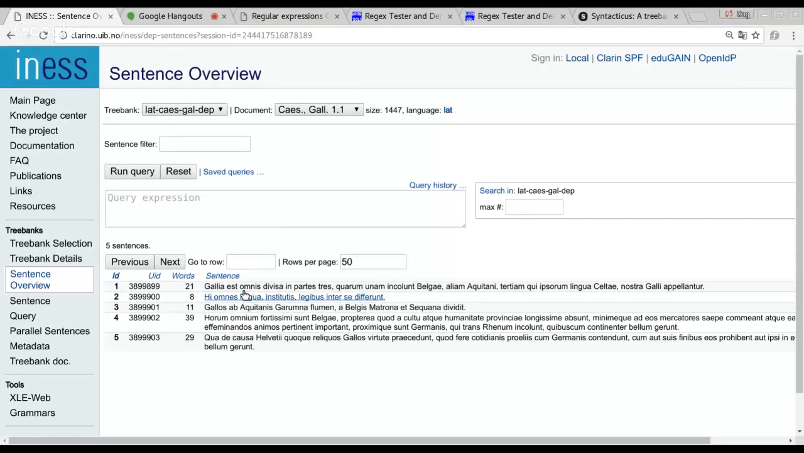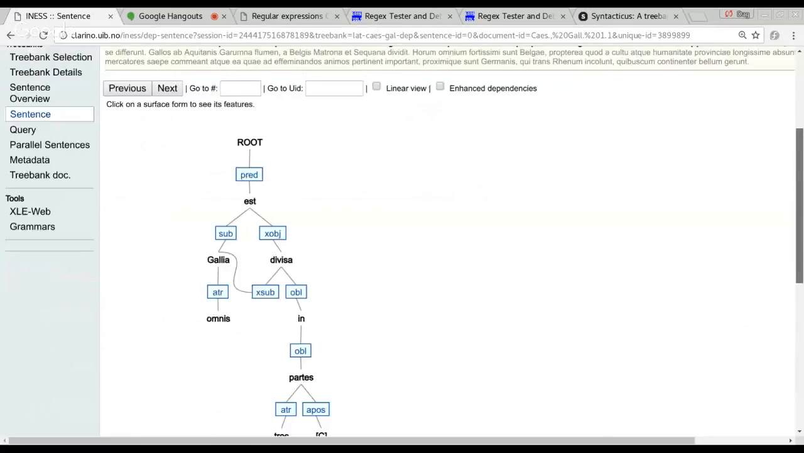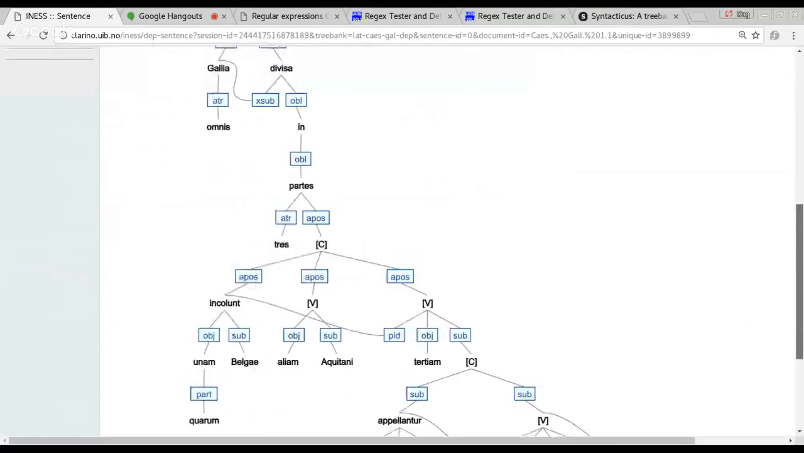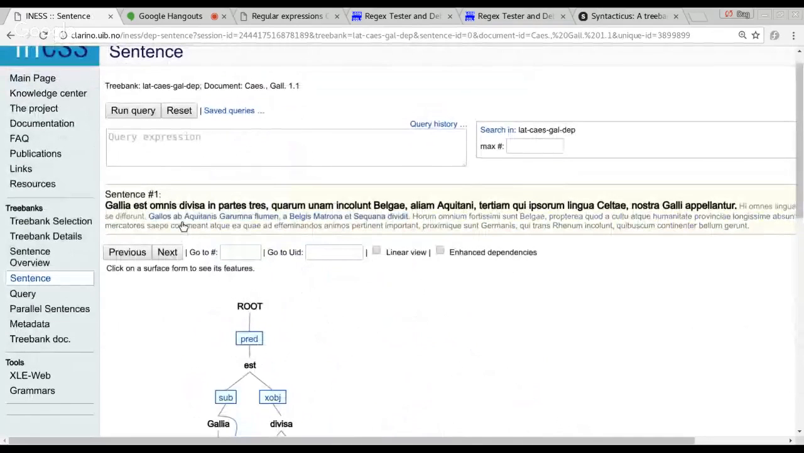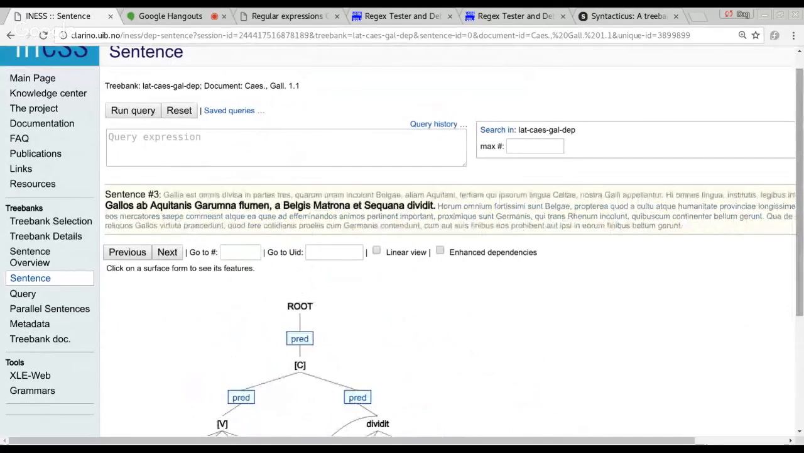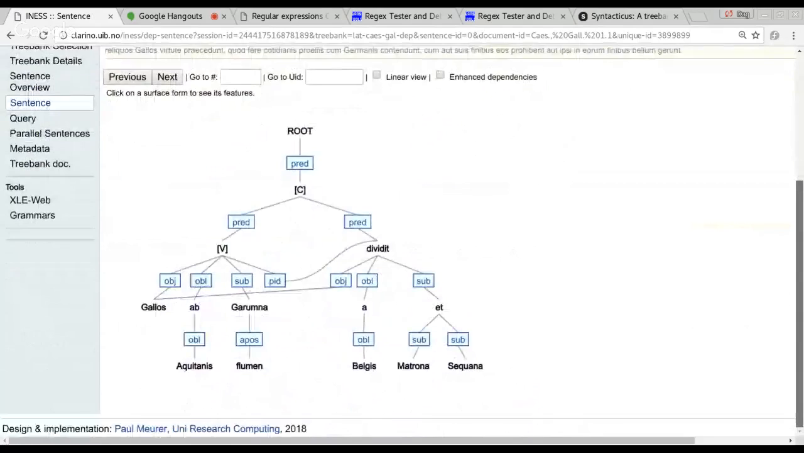So we see the familiar beginning of Caesar's Gallic War. And you can click on a sentence and you get the syntactic tree of that sentence. Right? So this is basically just browsing, as it were, without querying. But that's useful. Often, in order to be able to query for a specific construction, you need to find an example of it, see how it's annotated, and then use that knowledge to produce